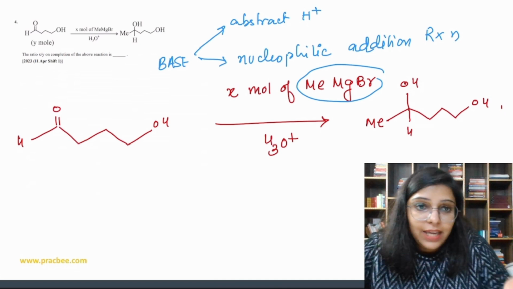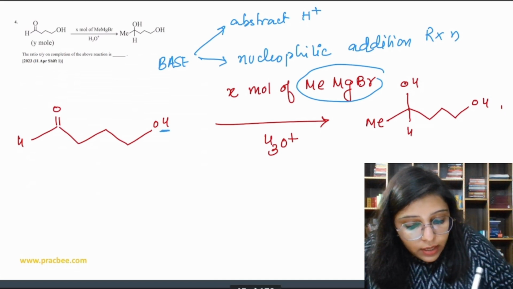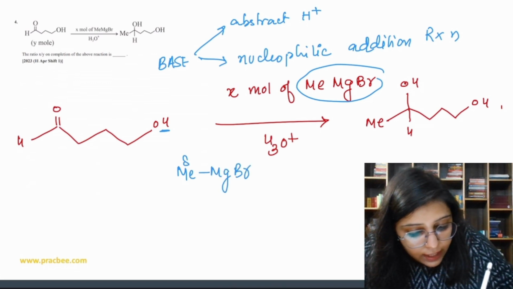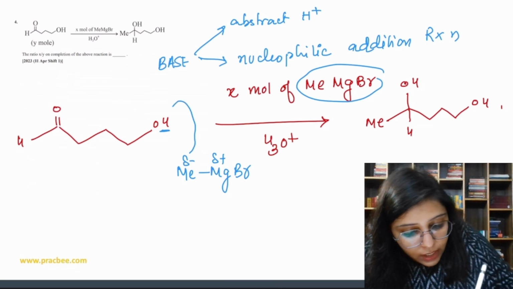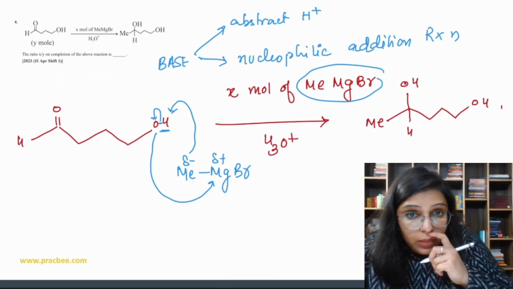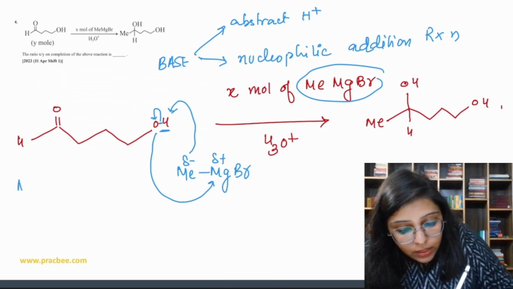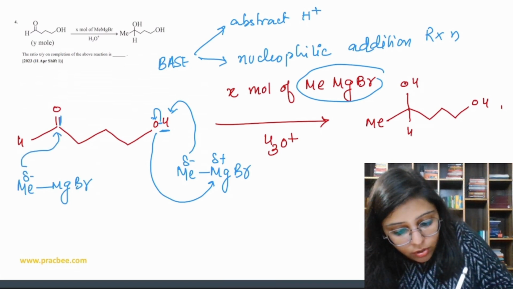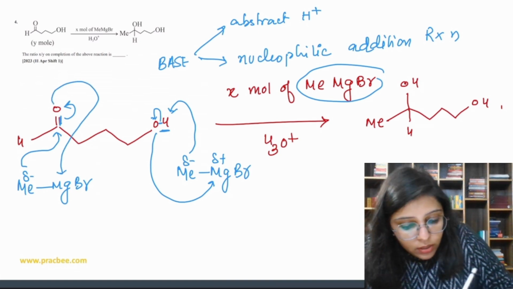So if we see acidic hydrogen, here we have acidic hydrogen. So 1 mole of MeMgBr, Me delta negative, magnesium delta positive, takes hydrogen, then electron of this one shifts to oxygen and oxygen forms bond with MgBr. And another mole of MeMgBr, delta negative, attacks over here, electron of this one shifts to oxygen and then oxygen forms bond with MgBr. So we have